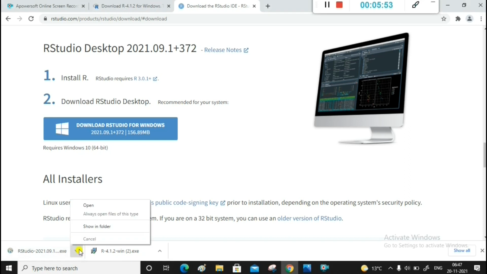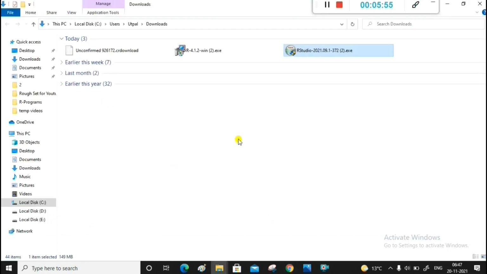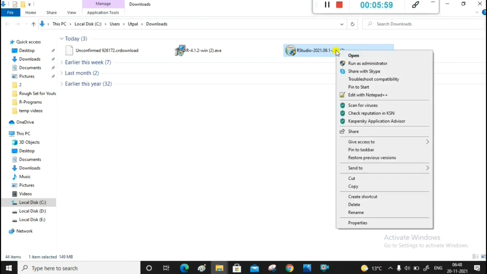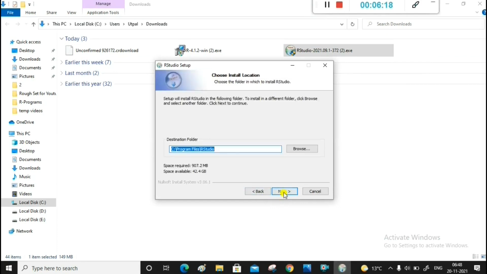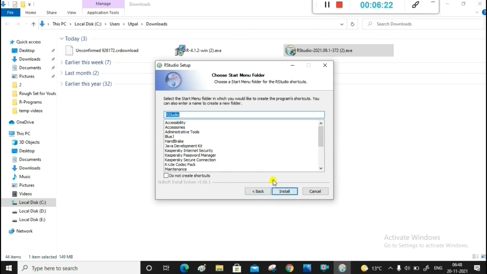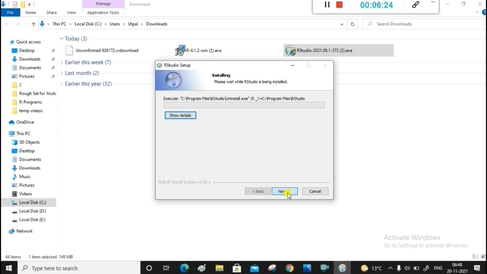Let us open the folder and right click, open, run as administrator. Now, installation of RStudio is also a very simple process. Click on next. Click again next, and install.